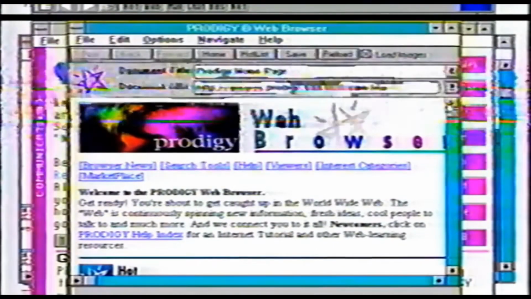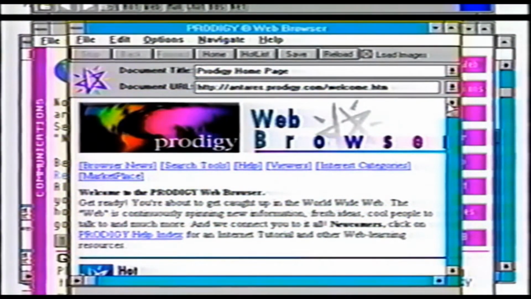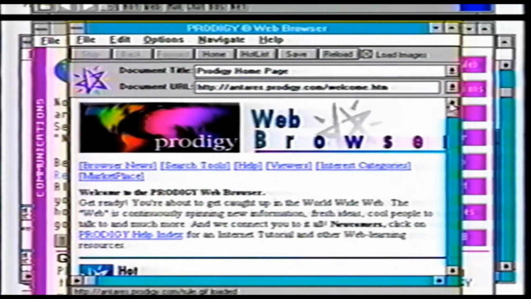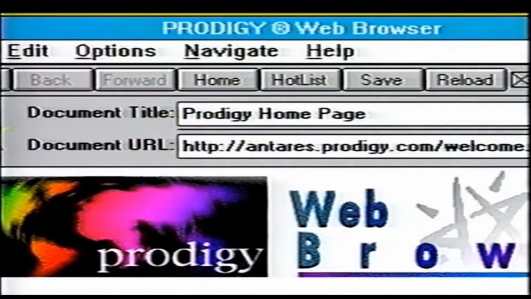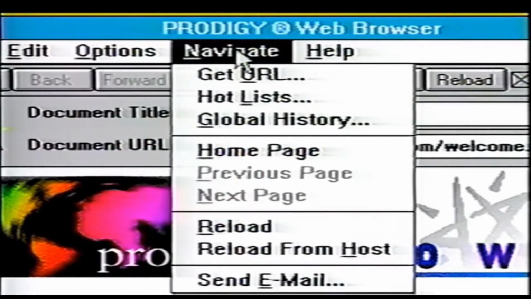Let's go to the Yahoo home page that's like a directory listing subjects to choose from. So we will type in an address of where we want to go. Click on Navigate and then on Get URL. Type the address